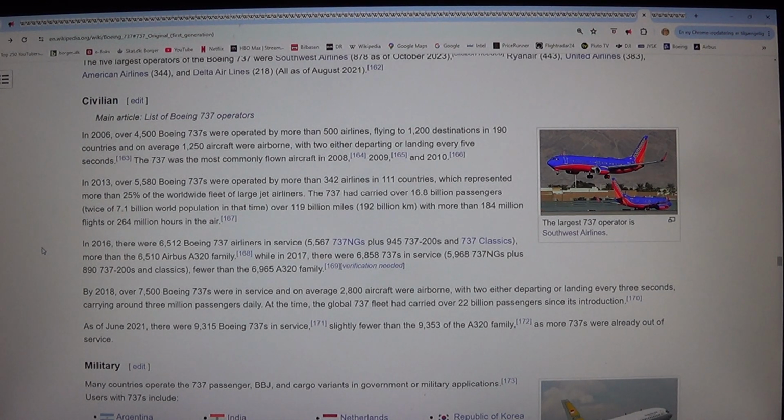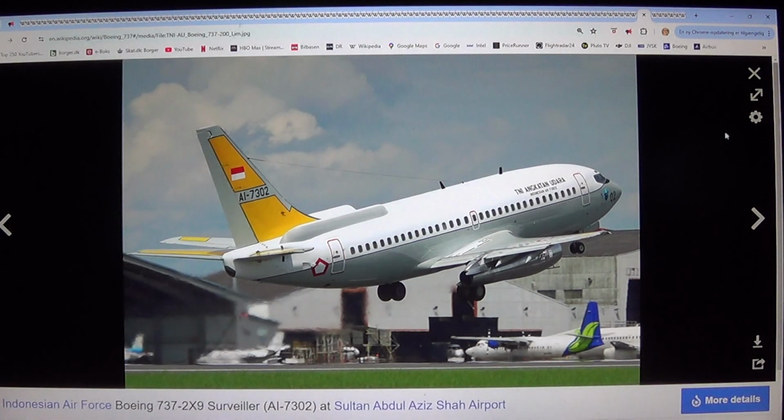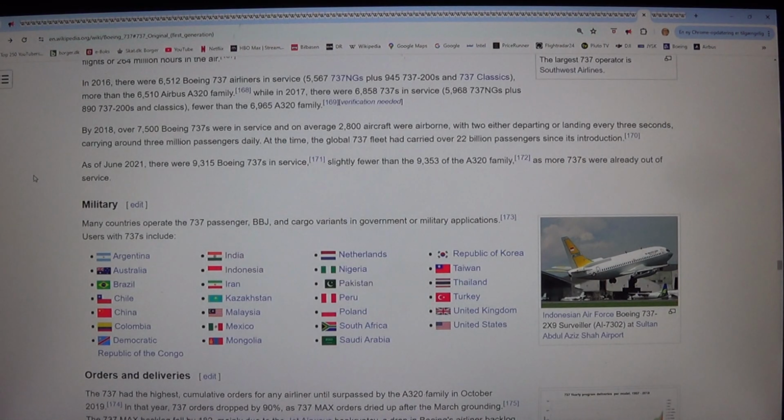In 2016, there were 6,512 Boeing 737 airliners in service, 5,567 737NGs plus 945 737-200s and 737 Classics, more than the 6,510 Airbus A320 family. While in 2017, there were 6,858 737s in service, 5,968 737NGs plus 897 737-200s and Classics, fewer than the 6,965 A320 family. By 2018, over 7,500 Boeing 737s were in service, and on average 2,800 aircraft were airborne, with